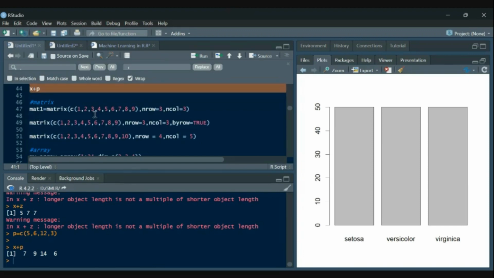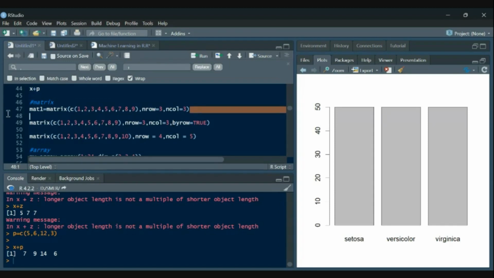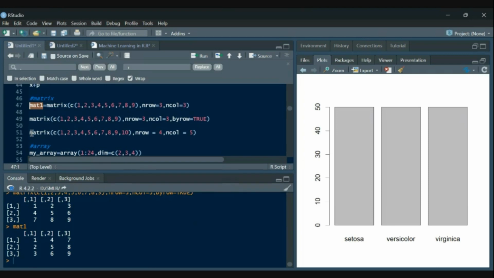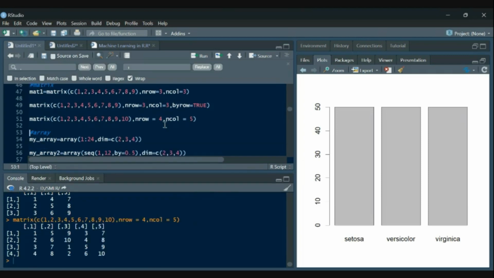By default it stores the values column-wise, but by using byrow equals TRUE, we can store the data row-wise. This was for 4 and 5 we wanted to create.